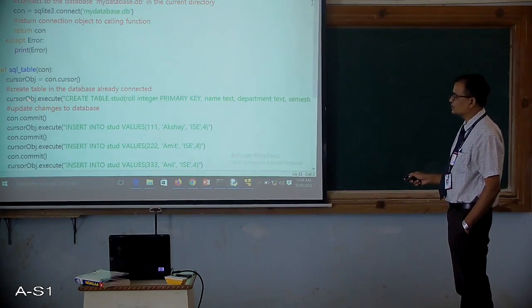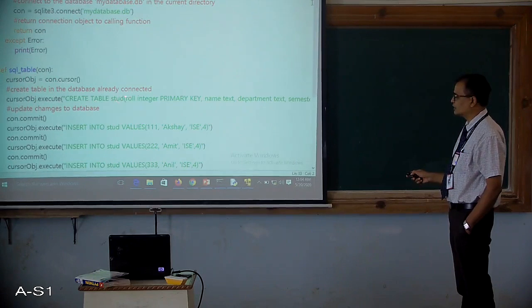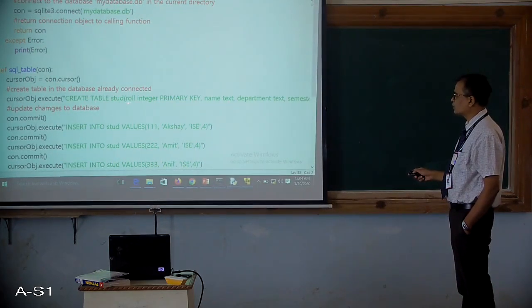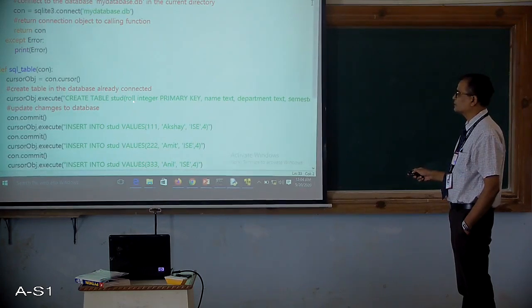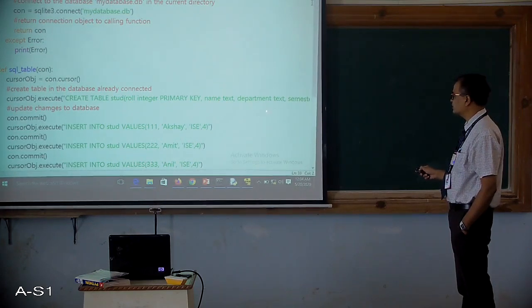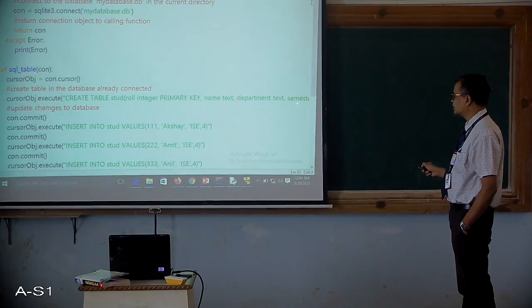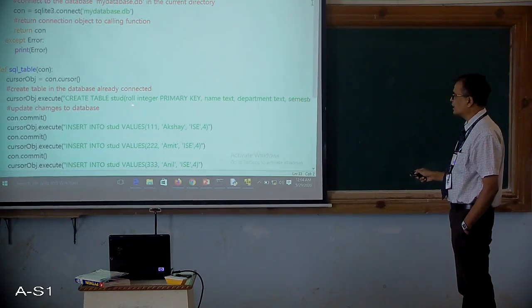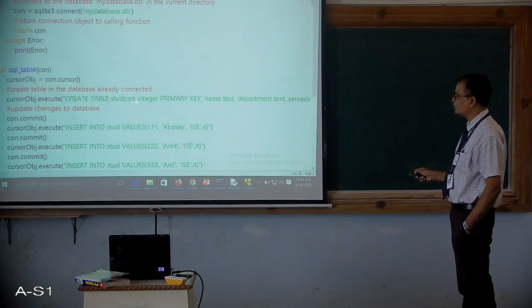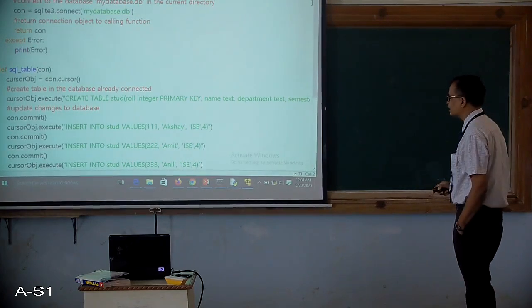So what we do is cursor object.execute create table, this particular table: integer roll number primary key, name. Roll number is the first attribute, name is the second attribute, department is the third attribute, and the fourth one is semester. You can see roll number is integer type and this is a primary key, as I was explaining in the first class.